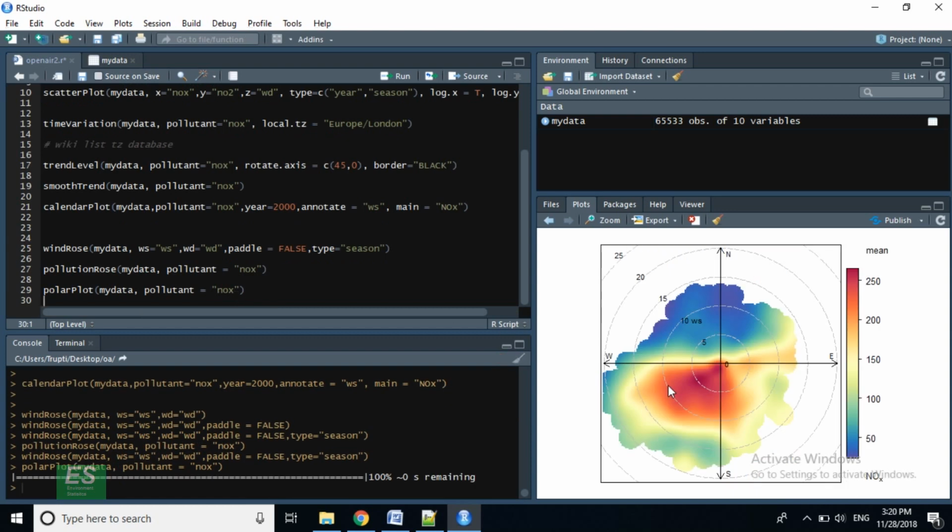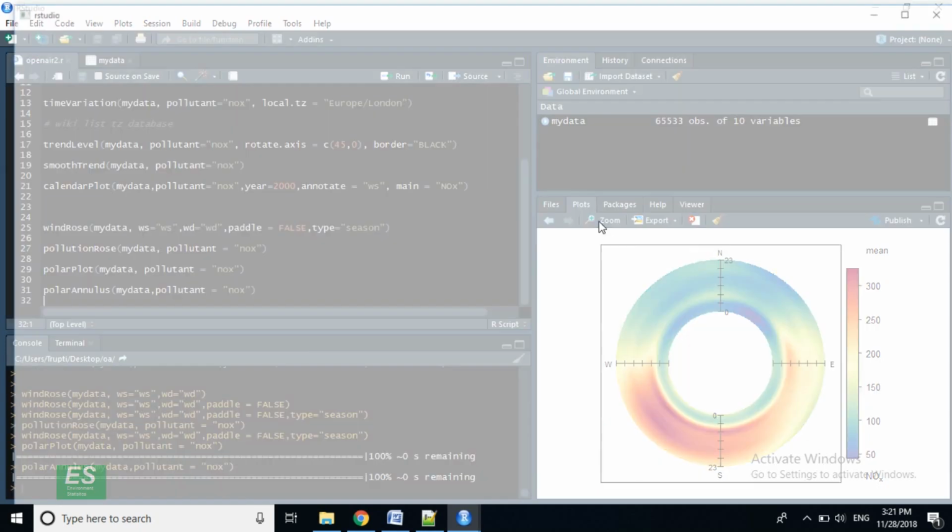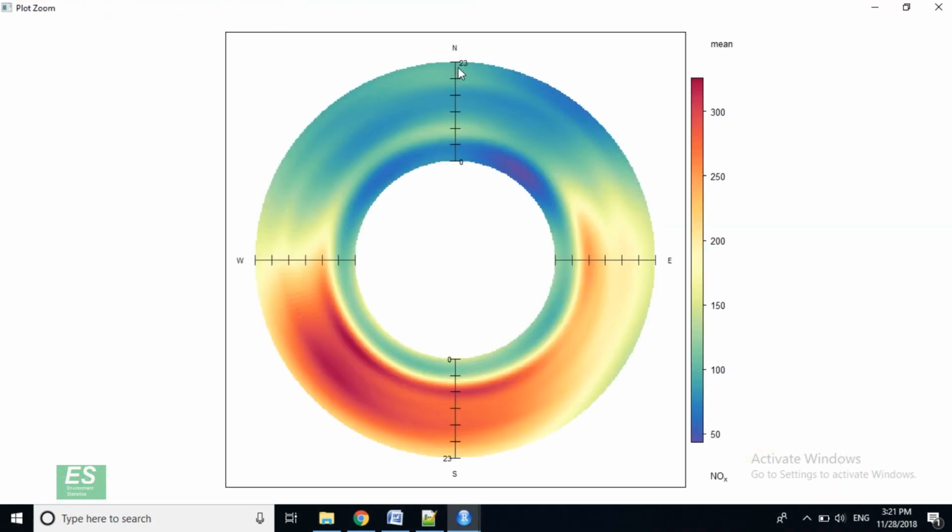So here we have the polar plot for NOx. We can also specify type as season and so on for this plot. Then we have polar annulus. Polar annulus will create a donut-shaped plot. So by default we have the radii arranged from inner edge to outer edge.